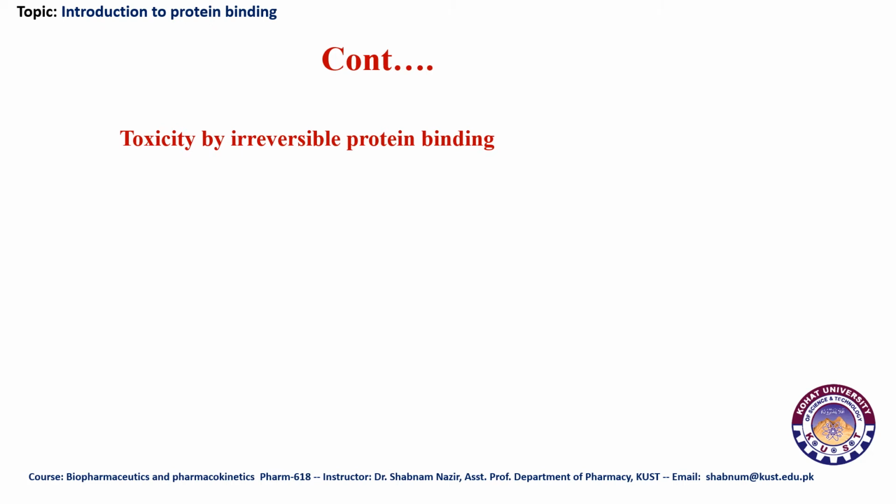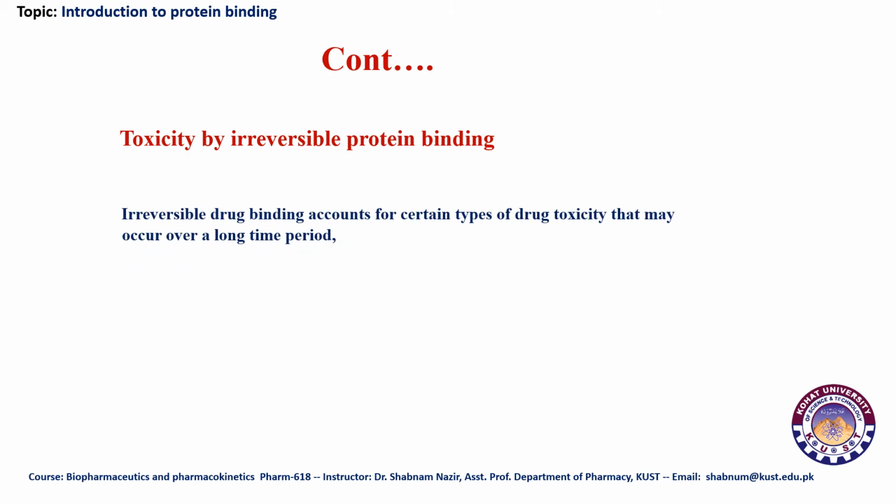The irreversible protein binding might result in toxicity. Irreversible drug binding accounts for certain types of drug toxicity that may occur over a long time period. As we just discussed, when the drug converts into its reactive intermediate, it starts to interact with the tissues, and this results in a strong covalent bond formation that leads to irreversible protein binding, and this could be over a prolonged period of time. Once the reactive intermediate gets attached to the proteins, it is the same phenomenon as a chemical reaction happening on the surface or within that tissue. So over a prolonged period of time, this might result in a big damage to that tissue,